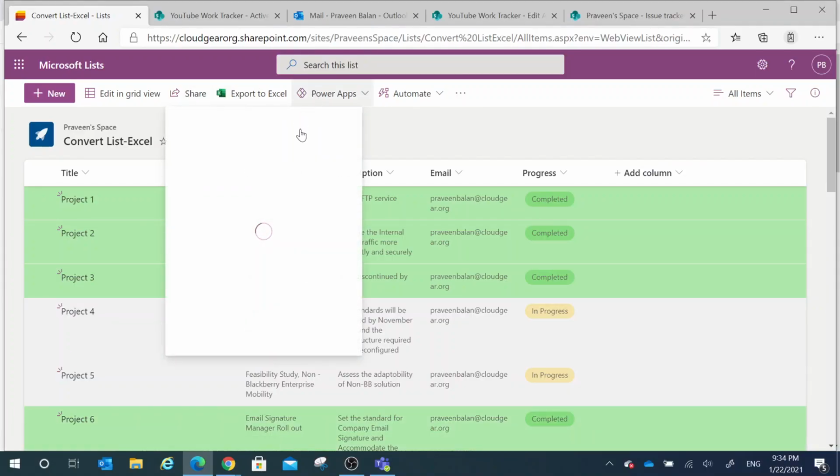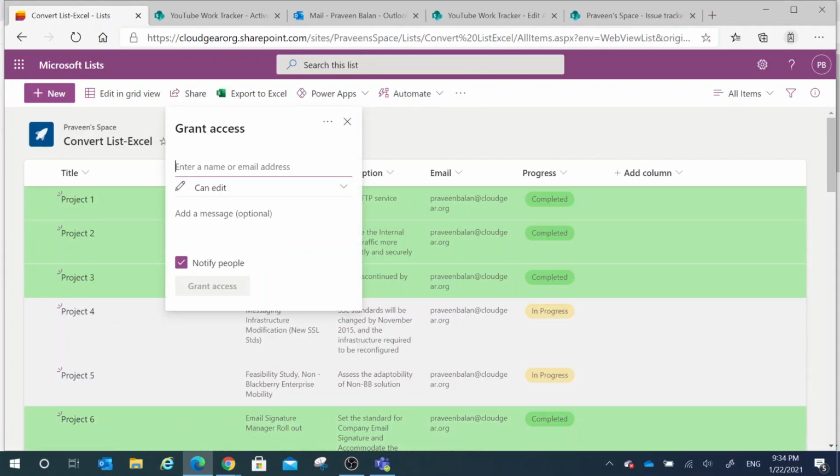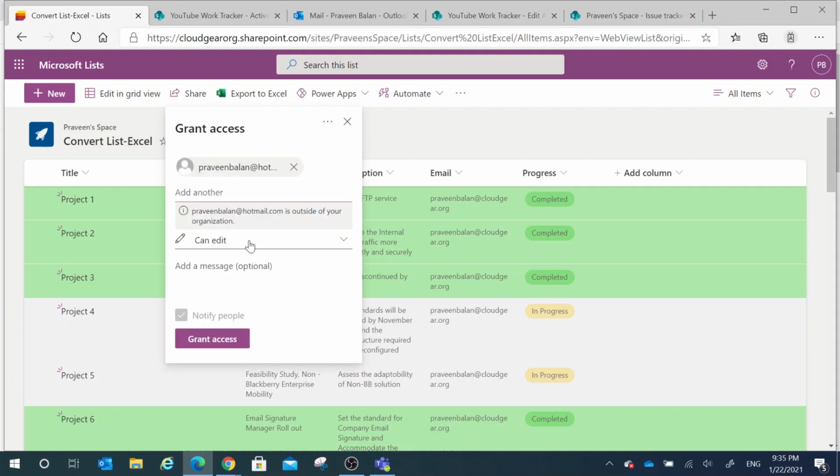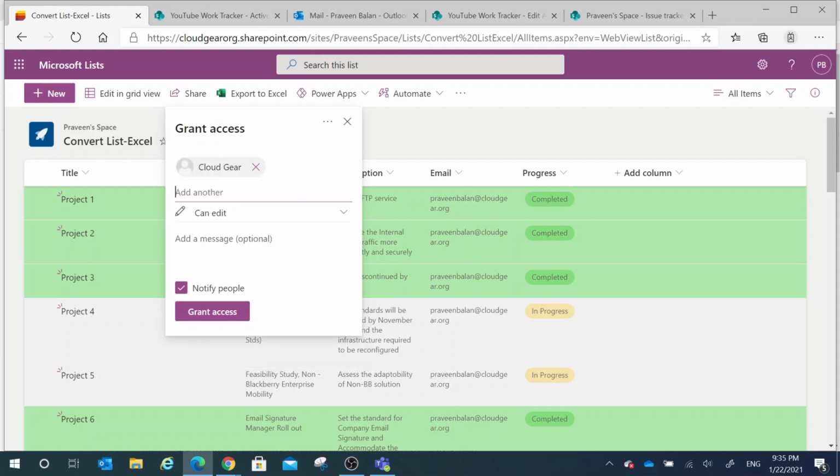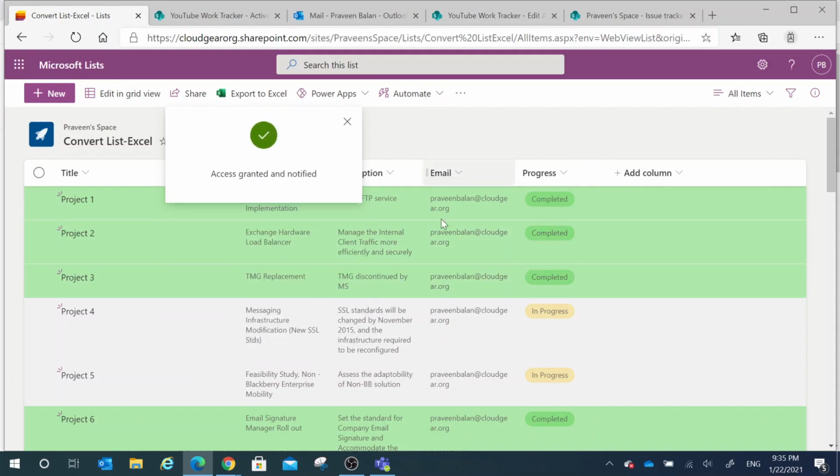As the list is created in SharePoint Online, it can be easily shared with any party that you want. Any means any, even you can share with an external party and they can access the file from their personal account. So it becomes very handy when it comes to sharing with multiple parties and working on it effectively from any part of the world. External sharing may not work if your organization restricts that at the org level.